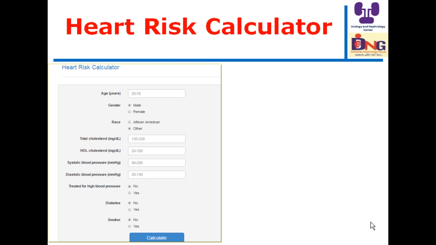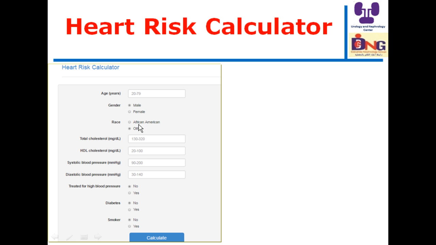Before I discuss the hypertension, we should be aware how to risk stratify the patients. One of the important risk stratification is to know heart risk. And we are fortunate today because we have a lot of technology. If we write on Google heart risk calculator, you will find this page. Just specify the age,